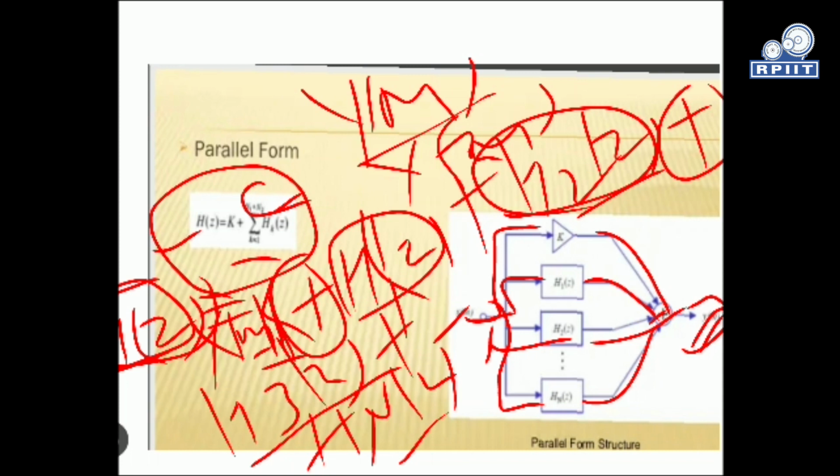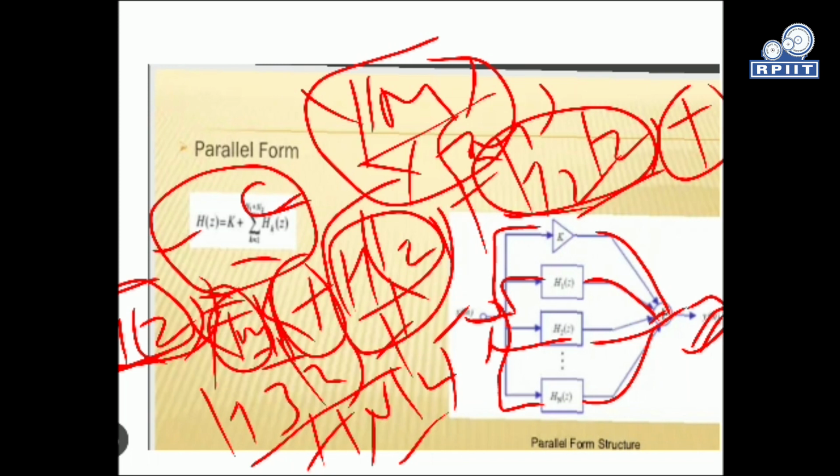And how will we solve this equation? We are given this transfer function Y(z) over X(z), and we will solve the particular transfer function by using partial fractions. We will get some coefficient k and other terms in the form of H1(z). H1(z) is again a transfer function in pole-zero format, and we will draw that equation in this manner. So this is the parallel form structure.